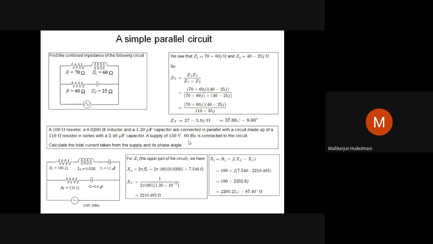It is not that the inductor, capacitor, resistor must always be connected in series and you are asked to calculate some power, voltage across, something like that. They can be like this. We can see some circuit connection here. There is a resistor with inductive reactance in parallel with a resistor and capacitive reactance. They are in parallel to an alternating voltage.